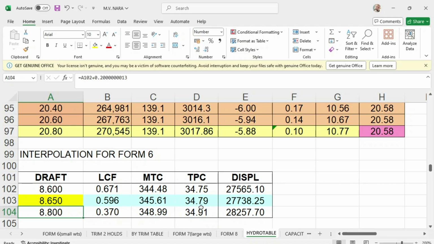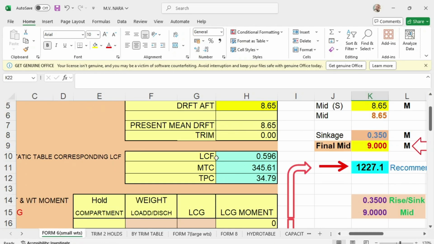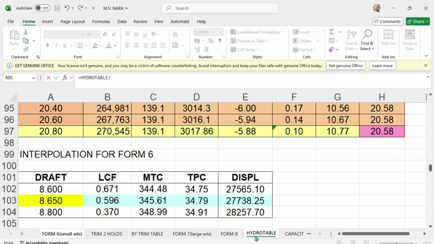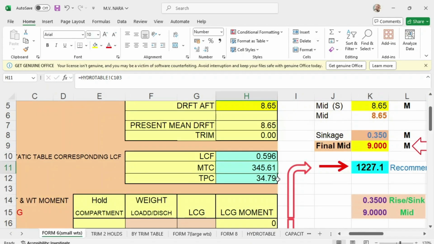Okay, and look at here, then you have for LCF, you just press this one equals LCF, you go to hydrostatic table, look for LCF, press and enter. There he goes. Then you push equals again.